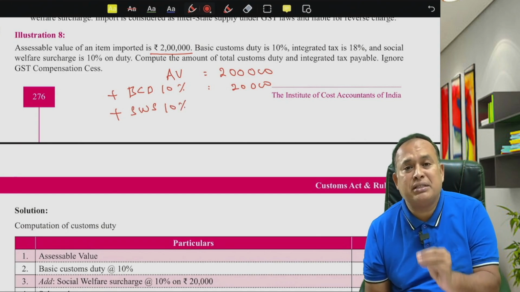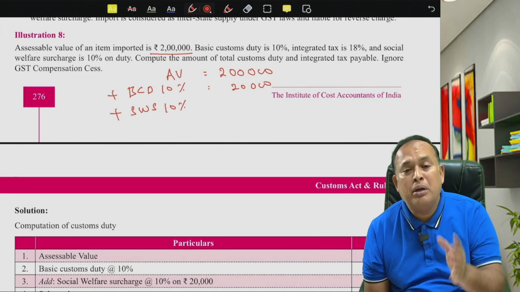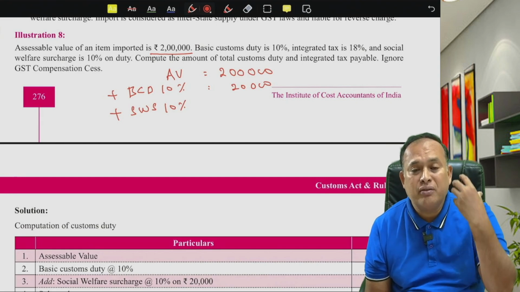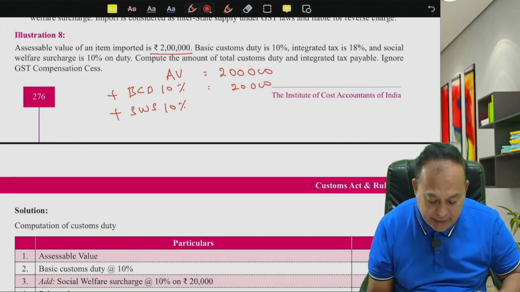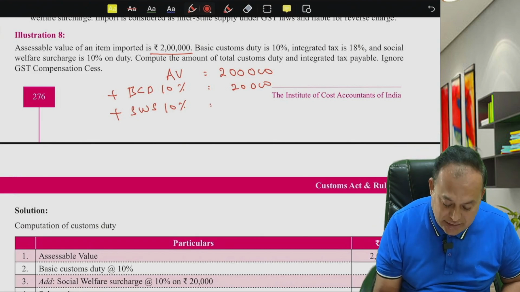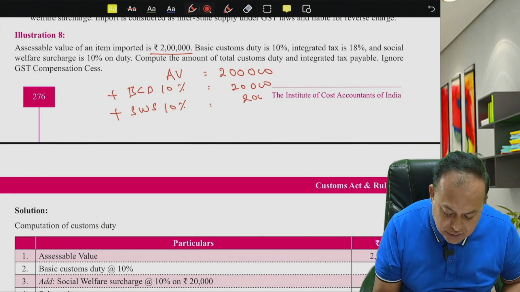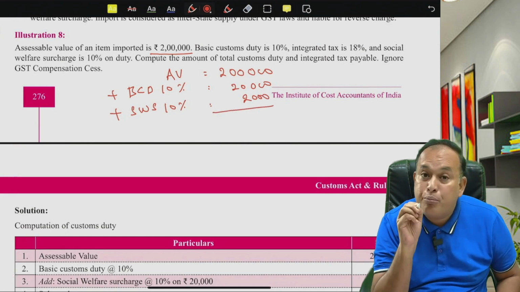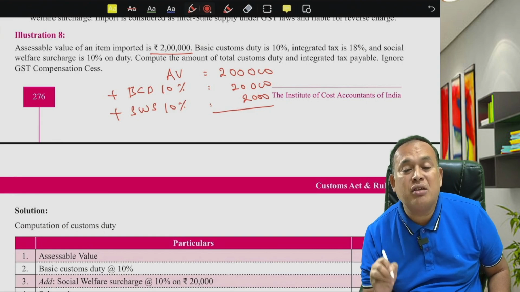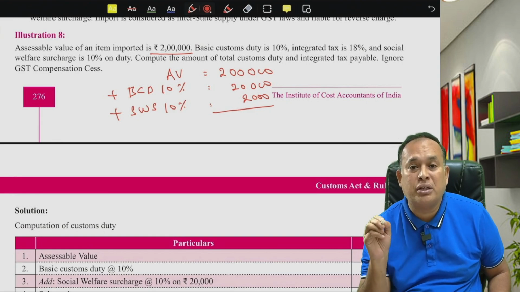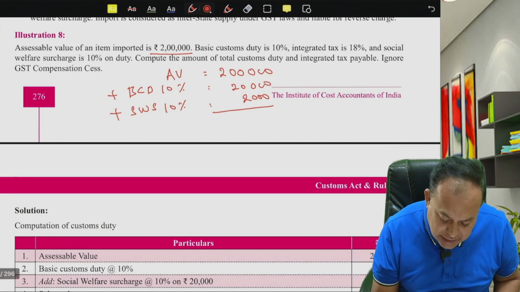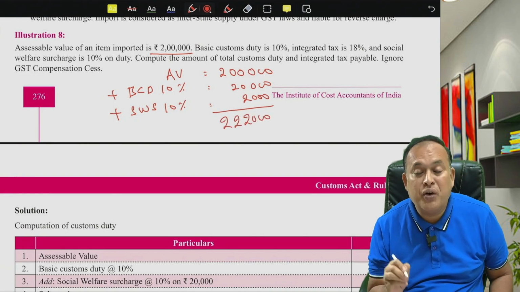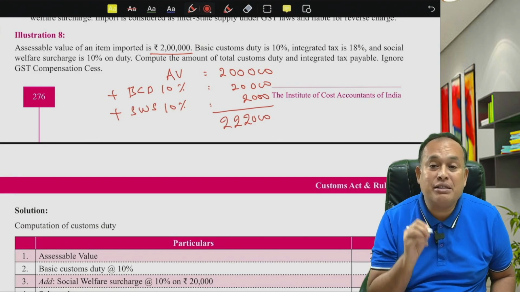Even if the social welfare surcharge is not given, no problem; BCD being given is sufficient. We always apply social welfare surcharge on BCD, which is 10% of 20,000, coming to rupees 2,000. So we get total duty of basic customs duty with the social welfare surcharge as 22,000. Add to the assessable value, totally 2,22,000, which is relevant for our computation of the additional customs duty, namely